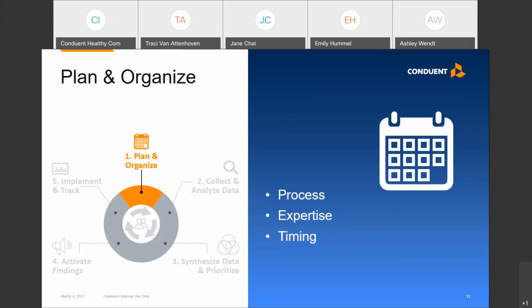However, if you haven't been engaged with partners like this in the past, I think your next assessment cycle creates the perfect opportunity for you to do so. So think about bringing in new or existing partners into your assessment planning at the start. Whether you're an official collaborative or not, they can be crucial partners for providing perspective, collecting community feedback, as well as identifying and partnering for implementation.